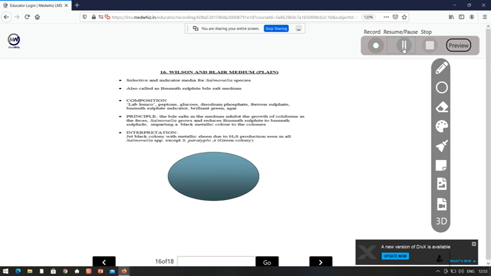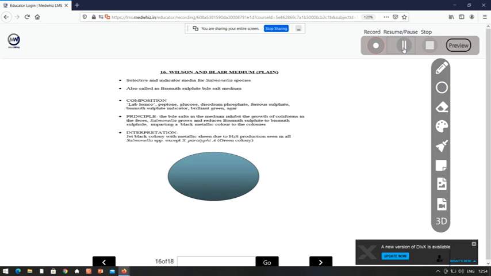So next we have Wilson and Blair medium. It is a selective and indicator media for Salmonella species. It is also called bismuth sulfite bile salt medium. It contains Lab-Lemco, peptone, glucose, disodium phosphate, ferrous sulfate, bismuth sulfite indicator, brilliant green, and also agar. What is the principle behind using this Wilson and Blair medium? The bile salts in the medium inhibit the growth of other coliforms in the feces. Thereby, it allows only Salmonella to grow, and the Salmonella reduces this